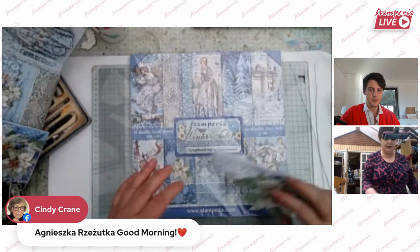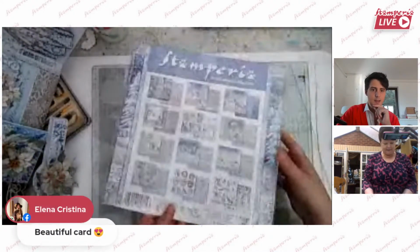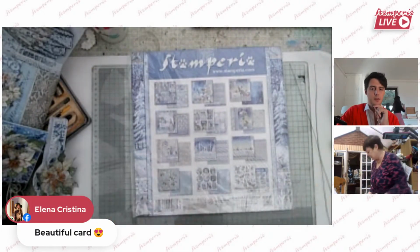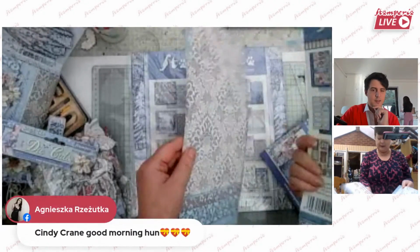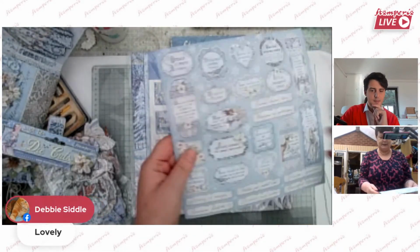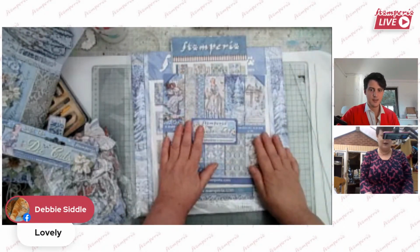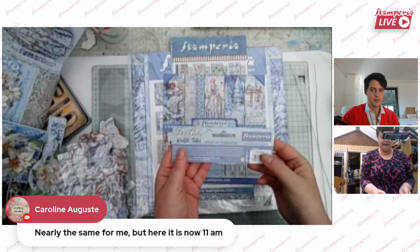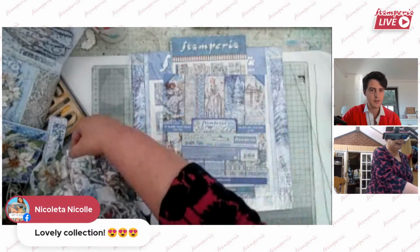I've used products from the 12 by 12 Winter Tales by Dorota, and that is SBBL76. I've used elements from the collectibles papers, which are SBBV07. I've used pieces from both the 6 by 6 and the 8 by 8 papers, but I don't have back sheets of those because I fussy cut out all the elements. And then I've used die cuts from the 2 different die cut packs, so DFLDC17 and